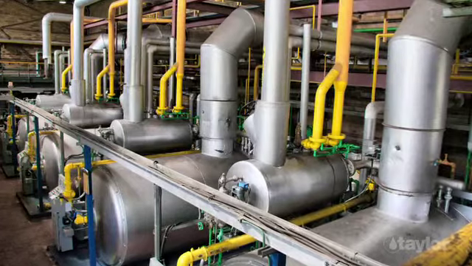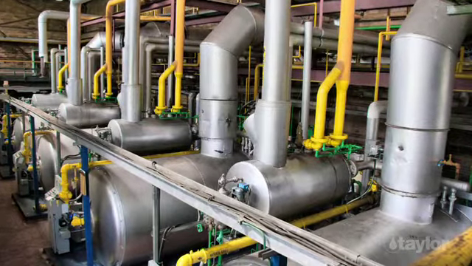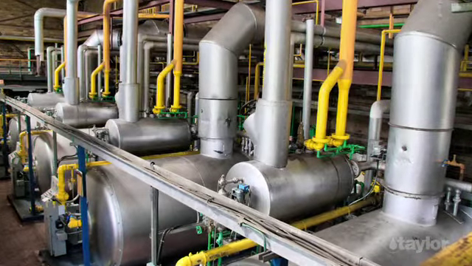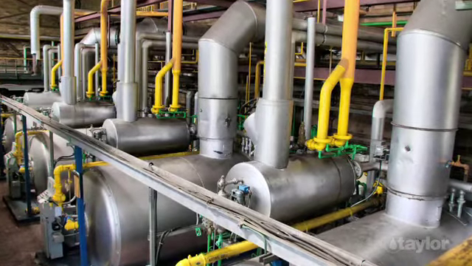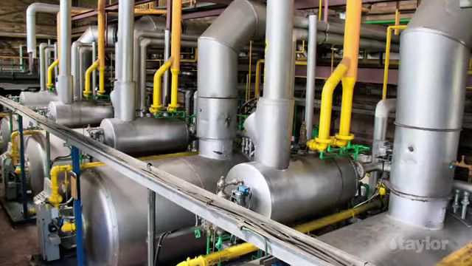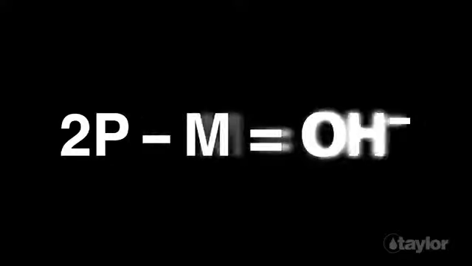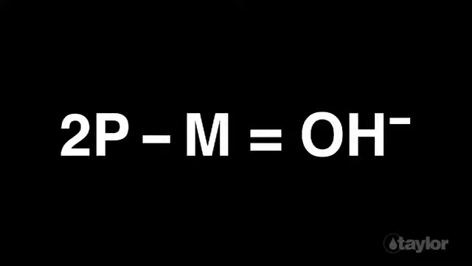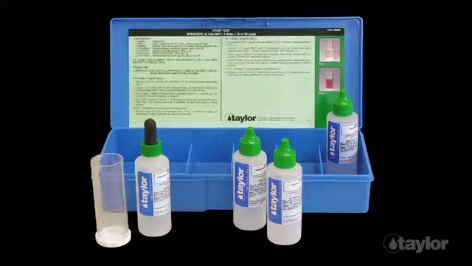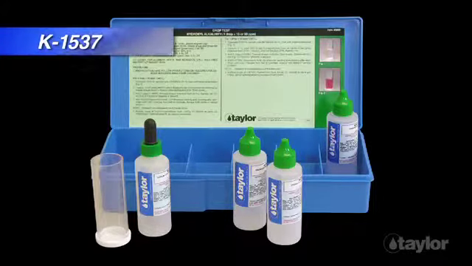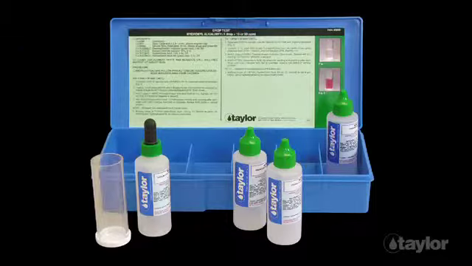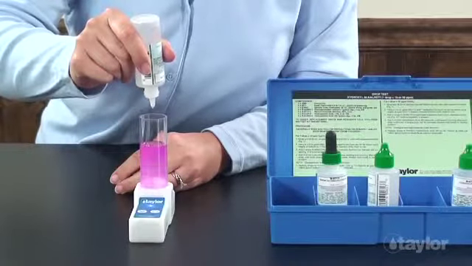Direct titration for hydroxyl alkalinity is especially important in boiler water programs using polymers, as the treatment polymers can titrate as M alkalinity. Using the 2P-M formula to calculate OH alkalinity when polymers are present often produces false low readings of hydroxyl alkalinity. Taylor's K-1537 contains a simple-to-perform drop test, and the distinct color change that signals the endpoint is